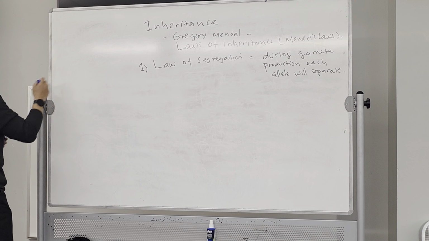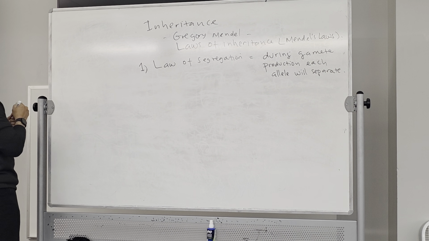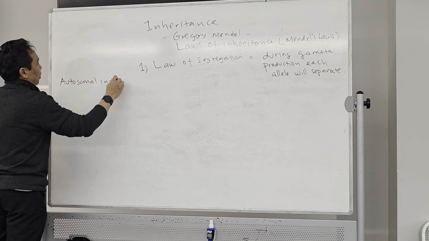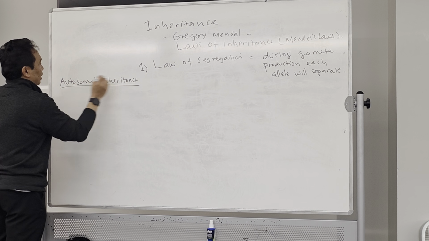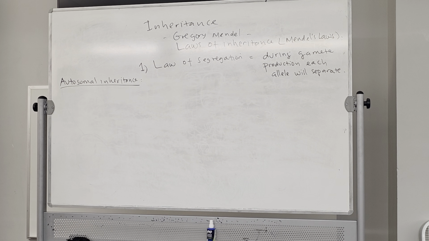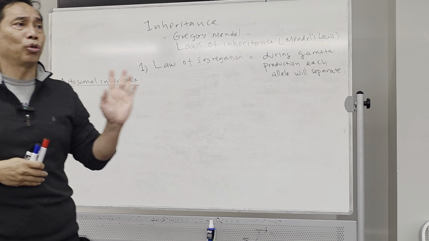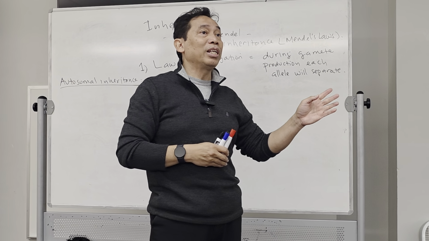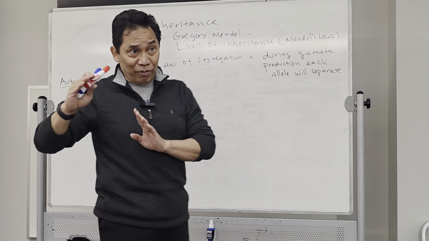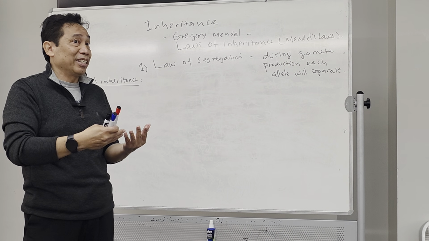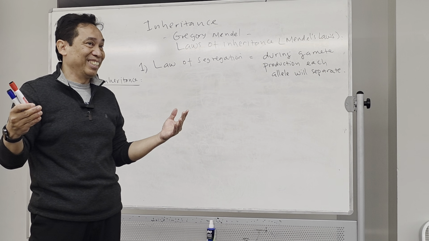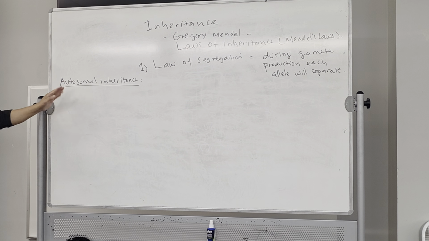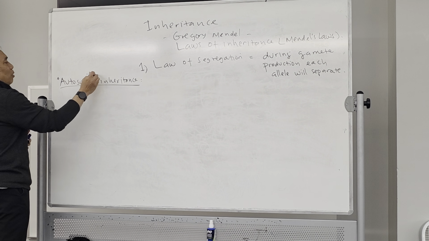Let's say we're going to use autosomal inheritance. Autosomal inheritance is for the genes located in the autosomes, which are pair number 1 until number 22. It means that it will not really affect the gender. It will be the same for male and female. So male and female, it doesn't really matter. They will have the same type of inheritance if it is located in the autosomes.